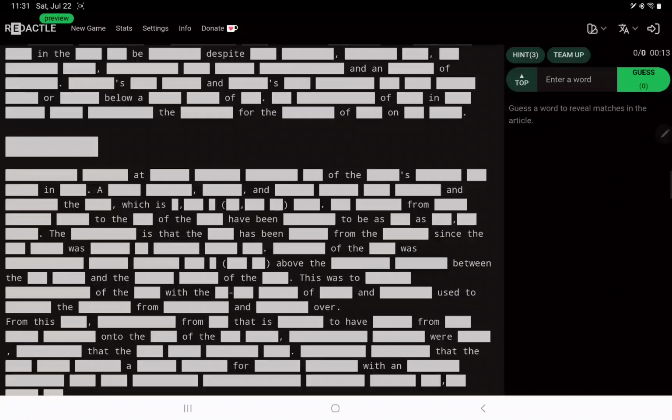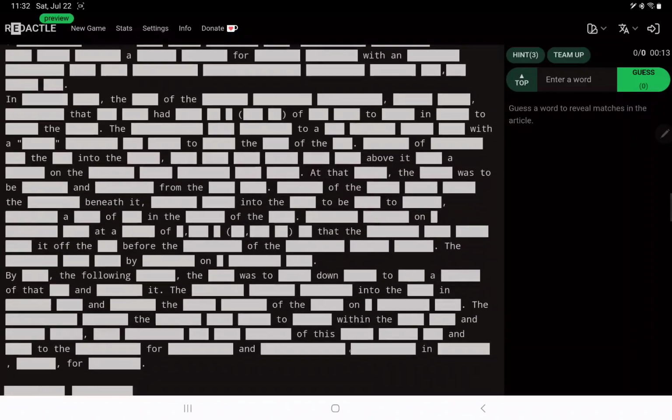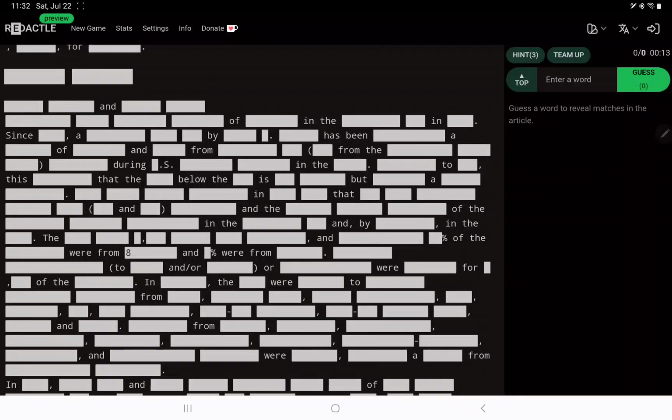All right, really struggling with this one. These hyphenated words are defeating me. Okay, maybe some chemical makeup of it. I thought something above was US, but the S here is not redacted. I thought S is always redacted, so I think that might be a little glitch in the new site.